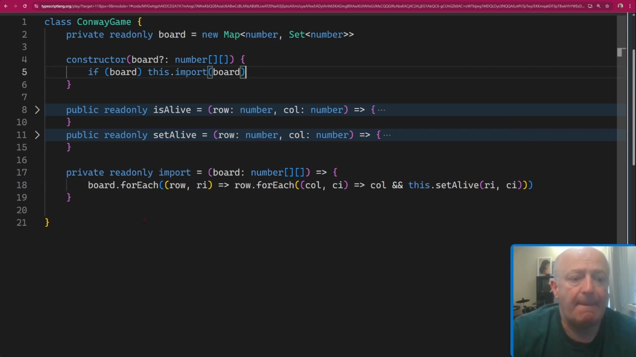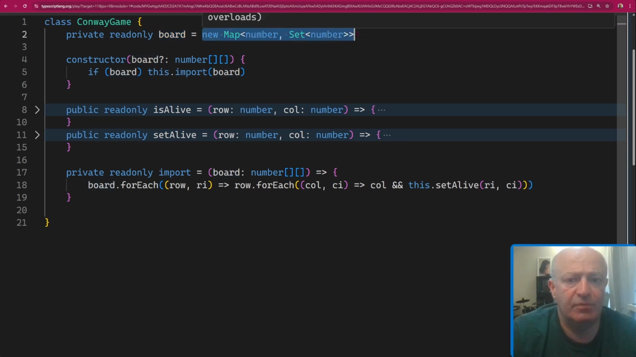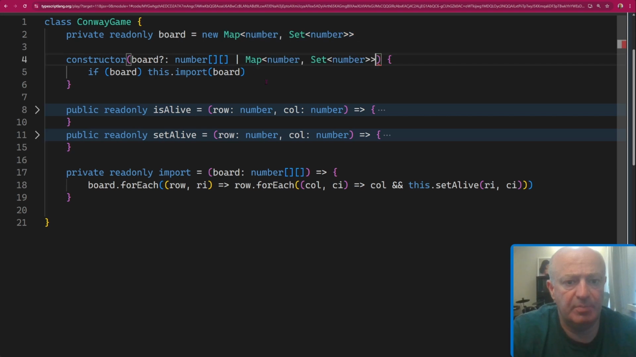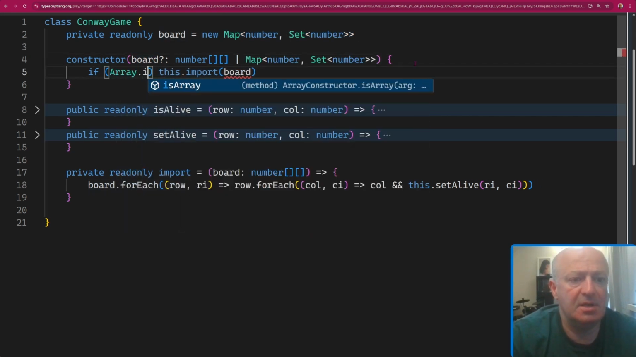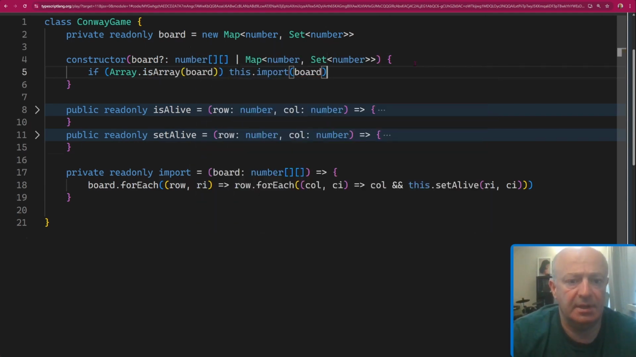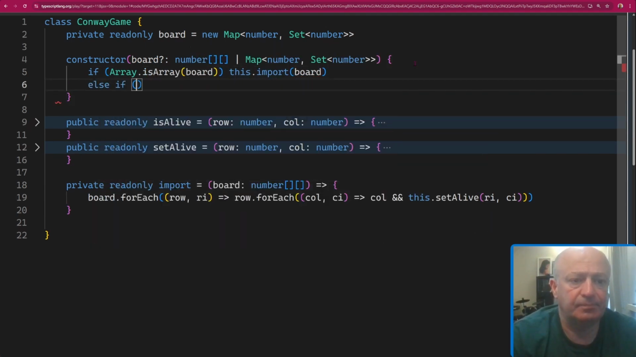Great. But I want to foresee a different way. So let's say I already have a board. I have a Conway game, which has this board in that format. What if I want to kind of clone this? So why don't I also say, or I want this also to be passed into the constructor. Now, this will be if array is array board, then that. Otherwise, else if board instance of map,